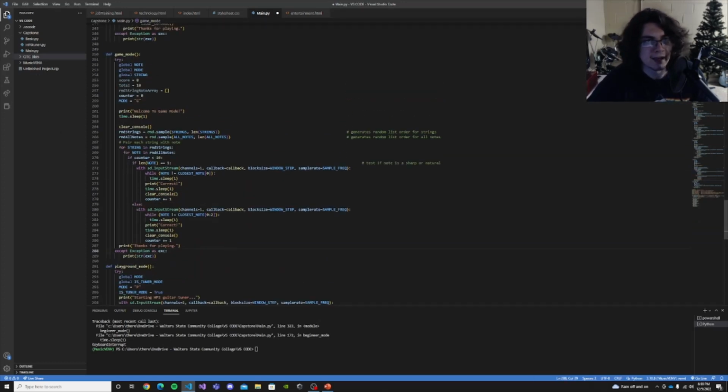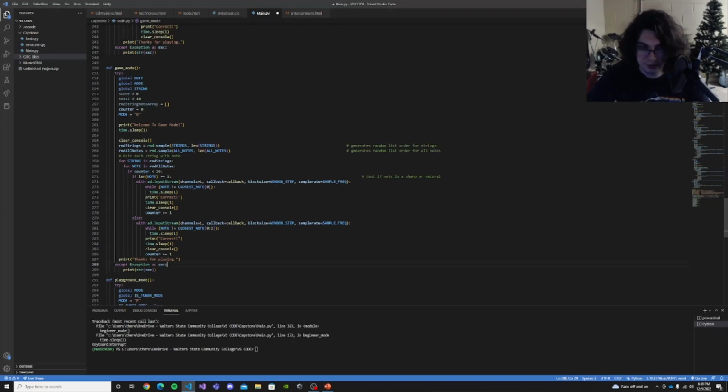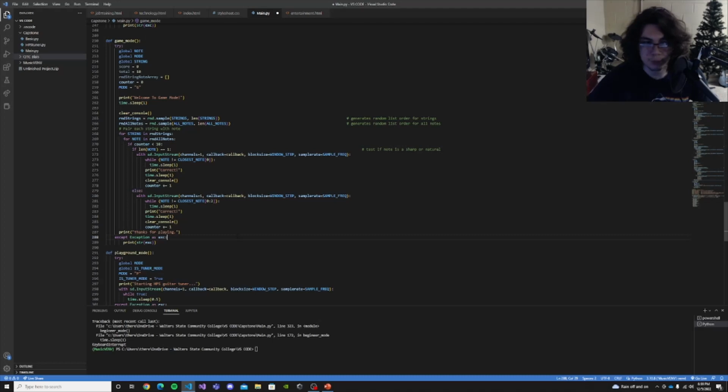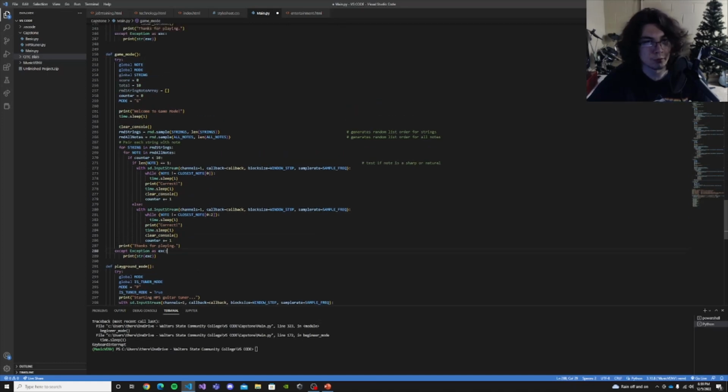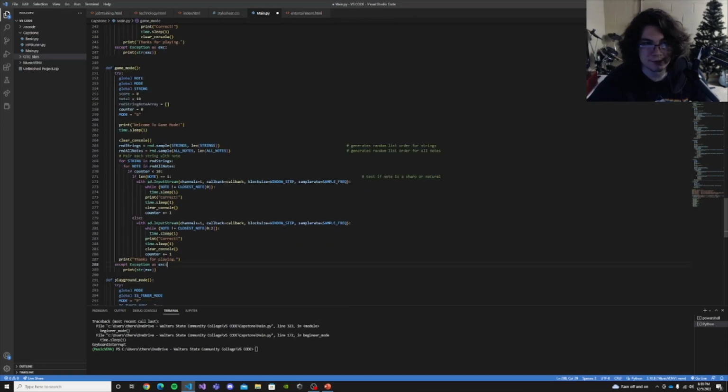I would like to add a score and a total to it, but I have no way that I can think of to check to see if they're entering the wrong note or the right note, because it's going to be picking up background noise, and this program is not 100% accurate on picking up the note, so I would feel bad for them if it picked up background noise, they got that wrong, and it skips to the next. So I need to work on this and the advanced, to get it the way I